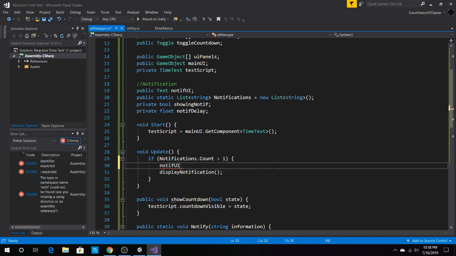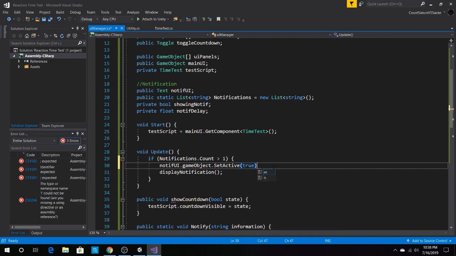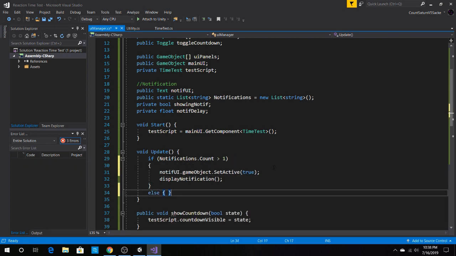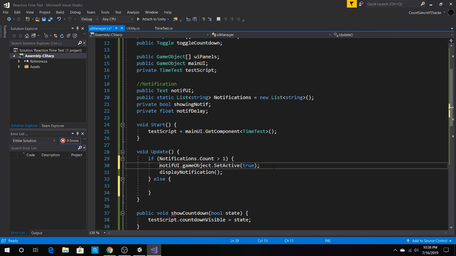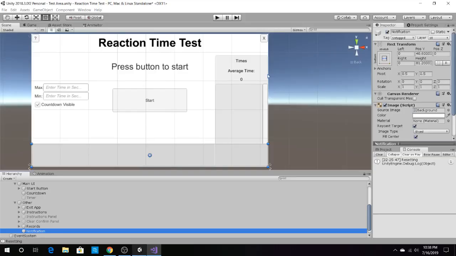Notif UI dot game object dot set active will be set to true. Else we want to set it to false, because we don't want to see it. And we also want to make sure